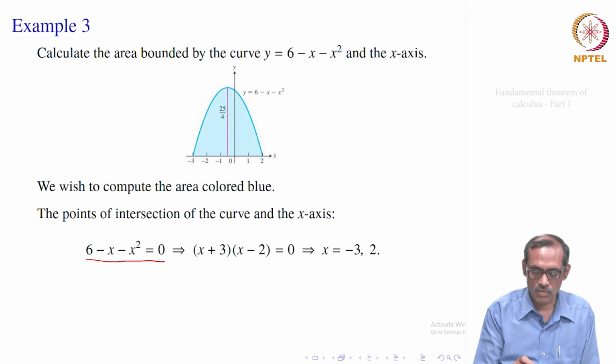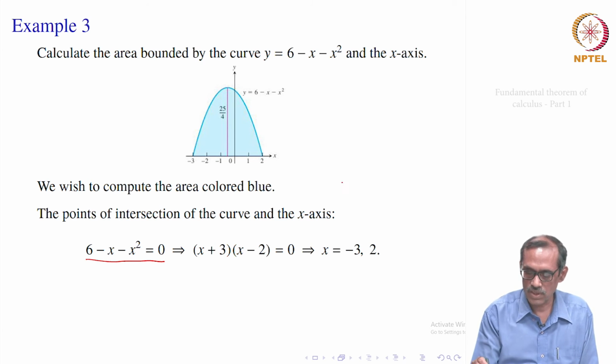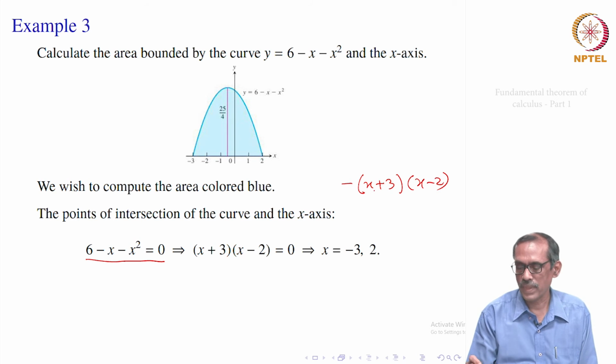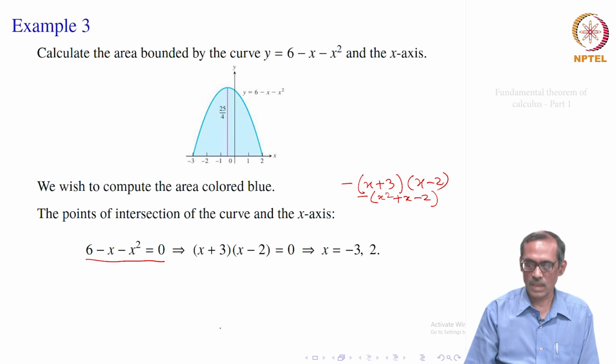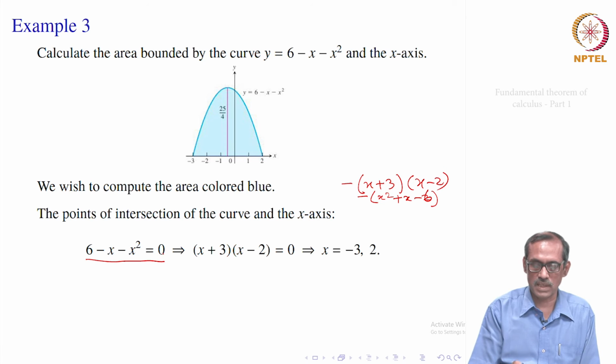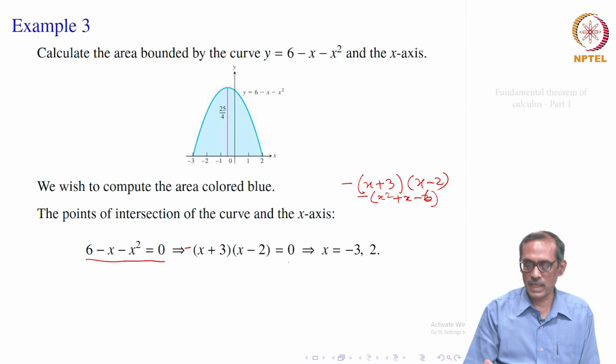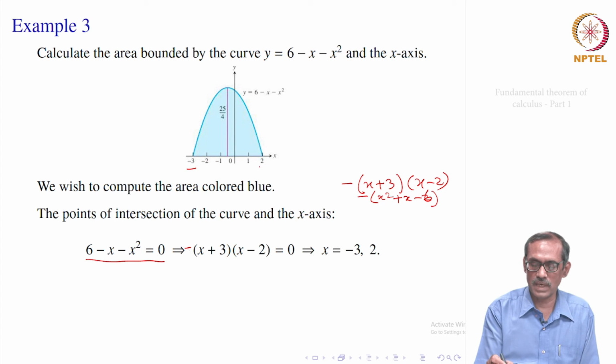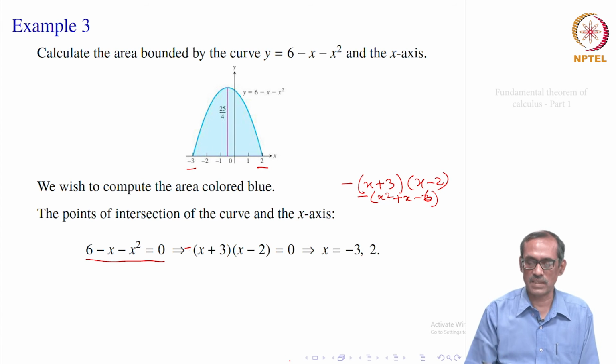And when this is equal to 0, can we factor it? The factor is minus of x plus 3 into x minus 2. Let us verify. That gives x square plus 3 minus 2, it is plus x, and minus 2 into 3, that is minus 6, with the overall minus sign. So, that is what 6 minus x square equal to 0. So, that means x plus 3 into x minus 2 equal to 0. You could have taken minus here also, but it is okay. So, that gives you 2 points, x equal to minus 3 and x equal to 2. These are the 2 points where the curve crosses the x axis.